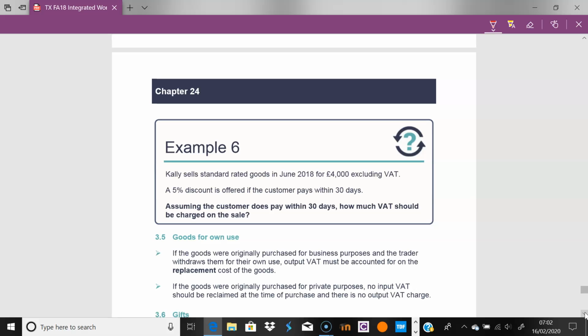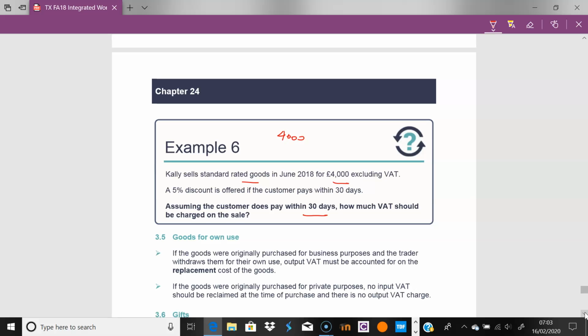So for example, let's look at this example. Here we have that you sell standard goods for 4,000. This time it's excluding VAT. What you would have done ordinarily if it was including VAT was to take out the VAT and then see what was happening. So if the customer doesn't pay in time, it'll just remain at 4,000 times the 20%. But it says here 5% discount is offered if the customer pays within 30 days. Assuming the customer does pay within 30 days,